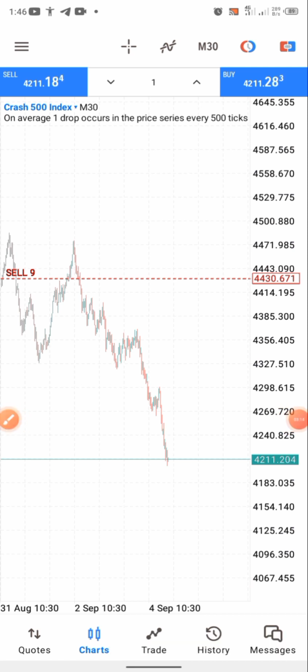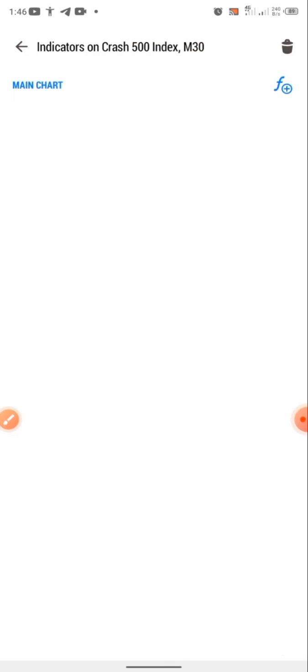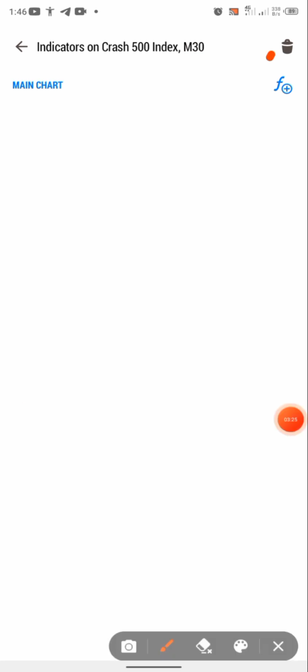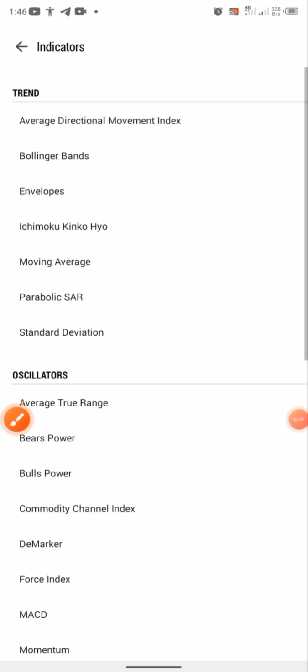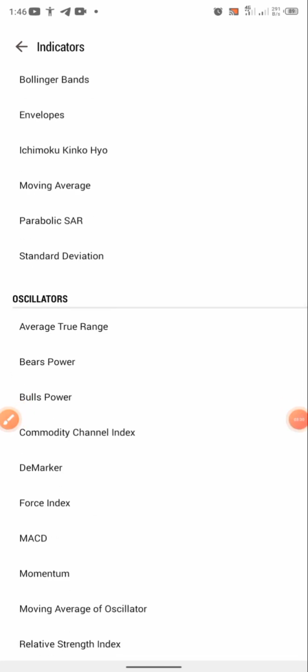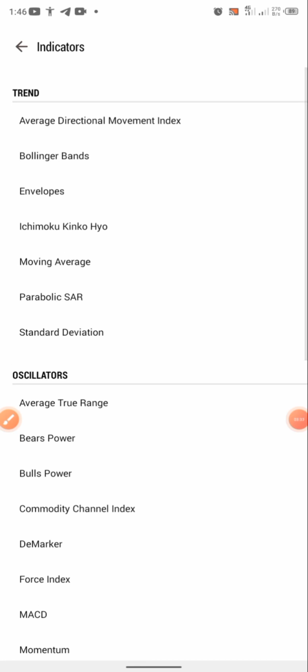Now let me tell you guys the settings for this strategy. The first thing you are going to do is go to your indicator window. After you reach the indicator window, click on the F plus, which you are seeing right here. Then the first indicator we are going to add is called the